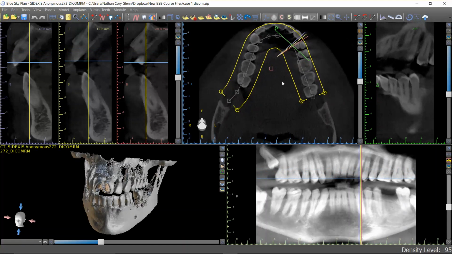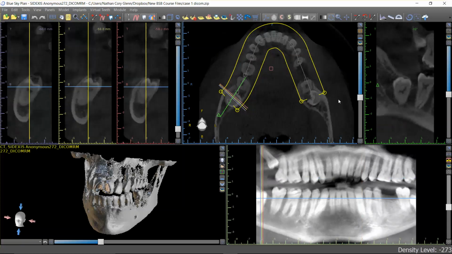But the other reason this is very important is because this is the window that houses our panoramic curve. Now the panoramic curve more or less sets the tone for all of the other windows in Blue Sky Plan. And so, for example, you'll notice right now that the view in the panoramic window is cut off at the third molars. That's because if I click right here, you're going to see that the focal trough is only extended